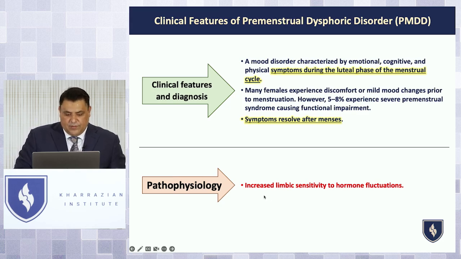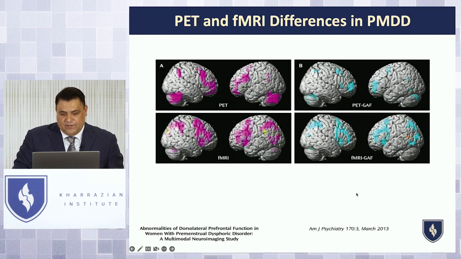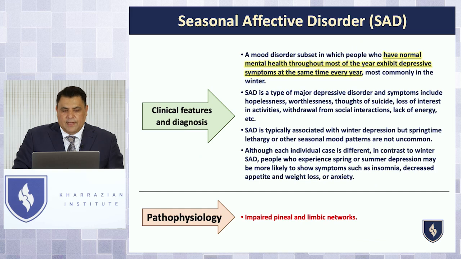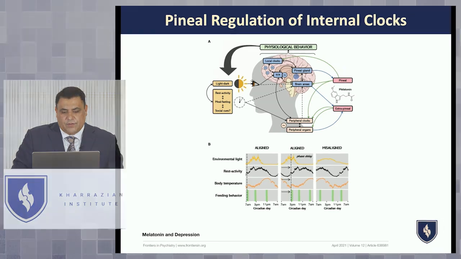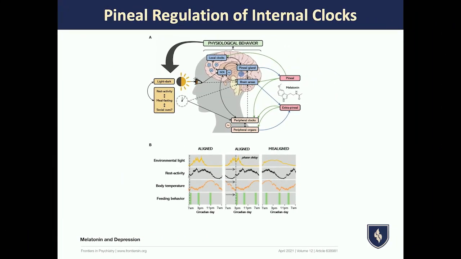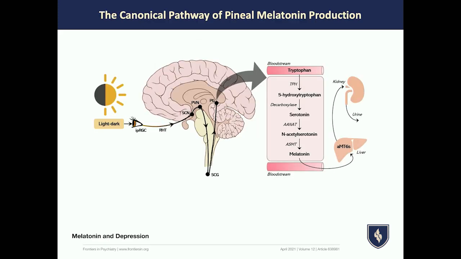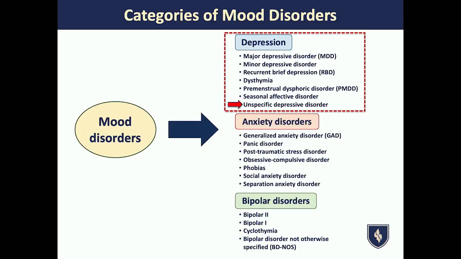And the theory is that there's increased limbic sensitivity to these hormones. And when they do PET scans, they can see different changes in those frontal lobe circuits with women that have premenstrual dysphoric disorders. And then you get into seasonal affective disorder, where changes of the seasons have an impact in their projections to the frontal cortex, to the serotonergic pathways, to the suprachiasmatic nuclei, and so forth. But ultimately, they're not getting enough activation through those pathways to light up the frontal cortex.